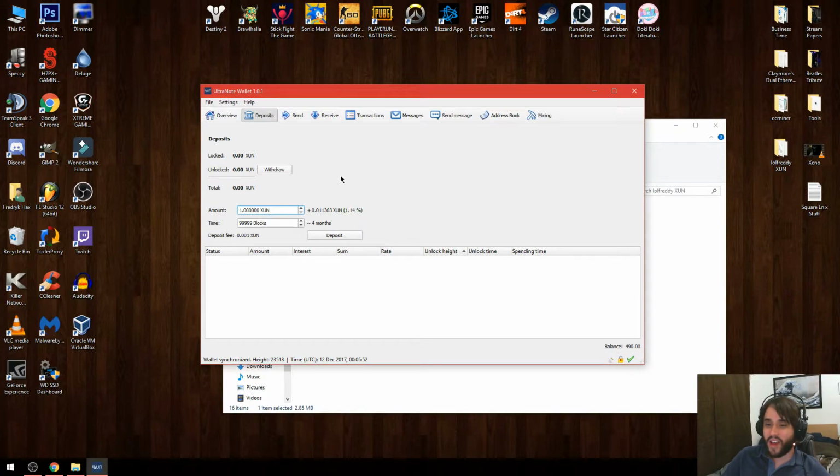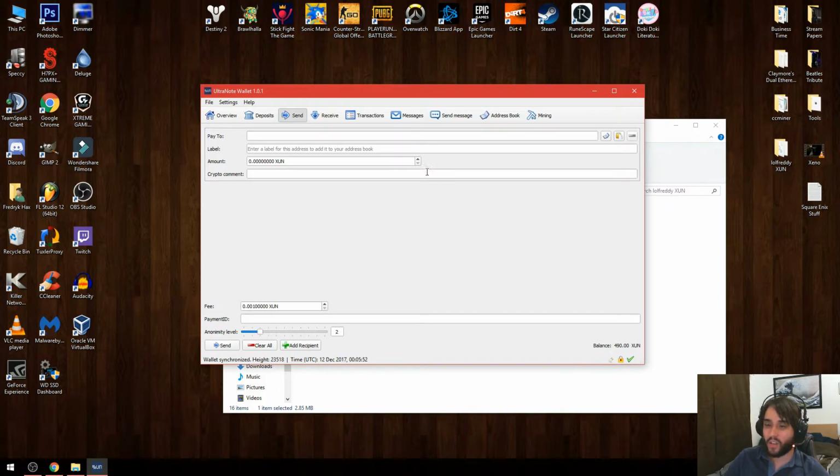This is how you get the deposits to work, okay? Next tab would be the send tab, and you can basically,